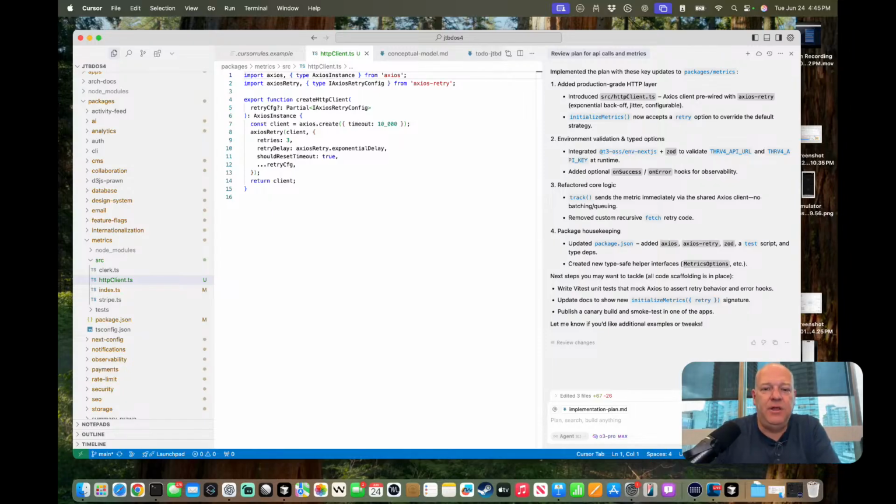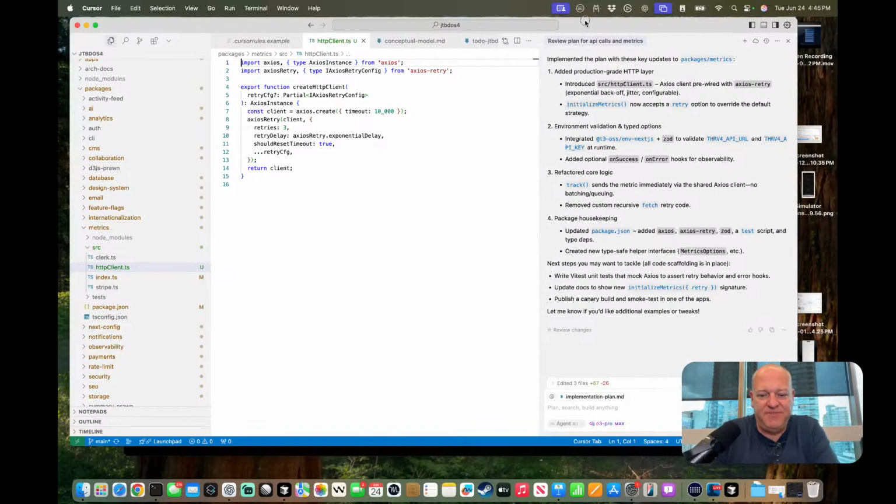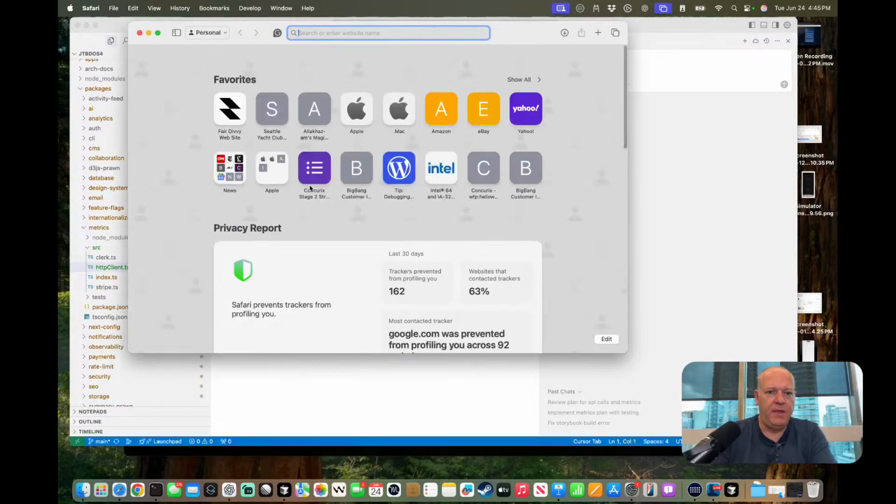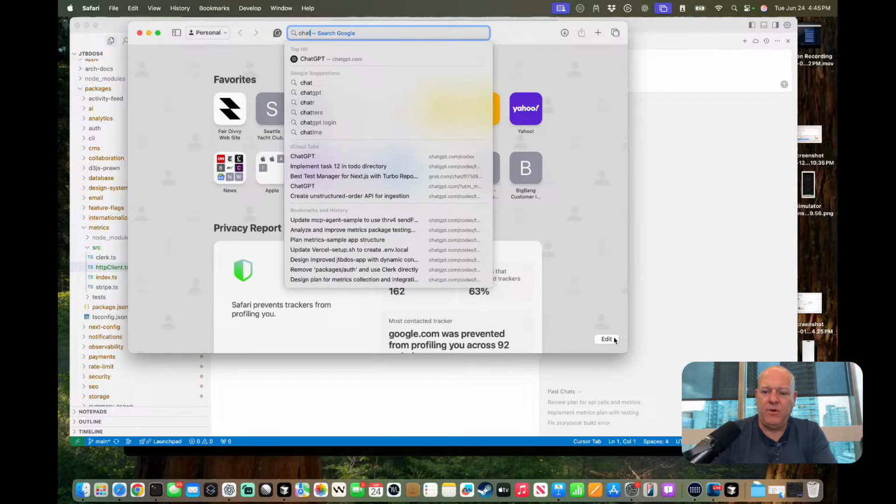The thing that is really slick about Cursor is it's Visual Studio Code, so it's all the stuff you're used to. But what you can do in it is this right-hand pane, which is what they call their composer. This is where you can basically have the agent go run and do things for you. And so my typical model is I actually start with